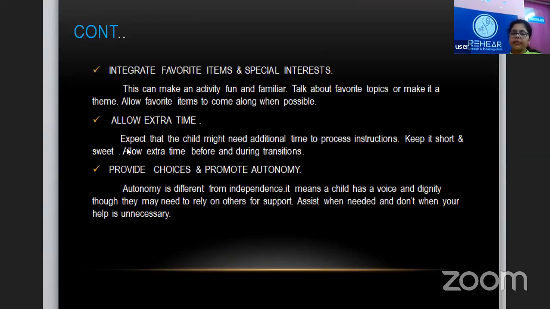Allow extra time. Expect the child might need additional time to process instructions. Keep it short and sweet. Allow extra time before and during transition. So basically, it means, I have seen so many therapists, and when a child is